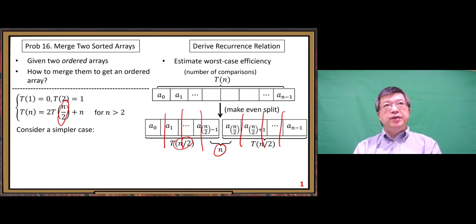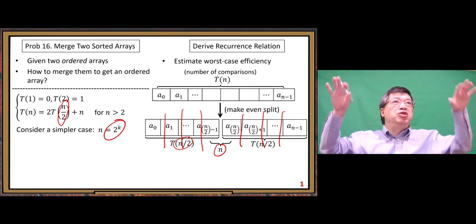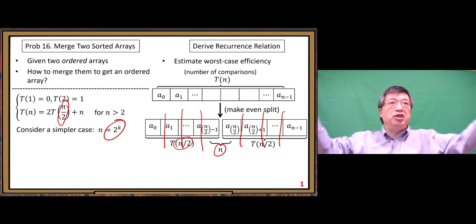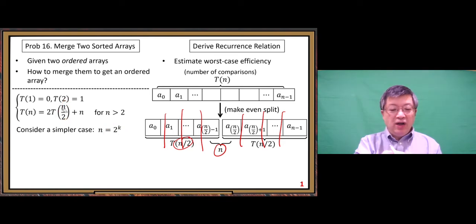When we do that division by 2 operation, to make it as easy as possible, the simplest case is n equals a power of 2, 2 to the kth power. If n is a power of 2, then we can always do division by 2 to get an integer quotient, right? So that's why we make that assumption